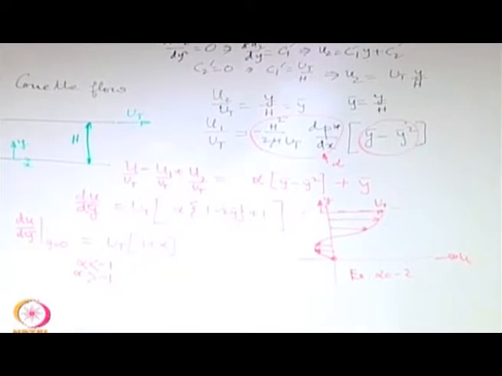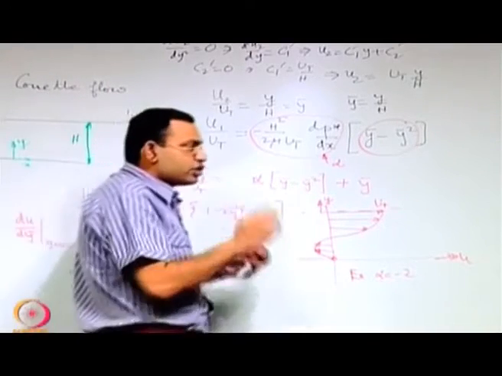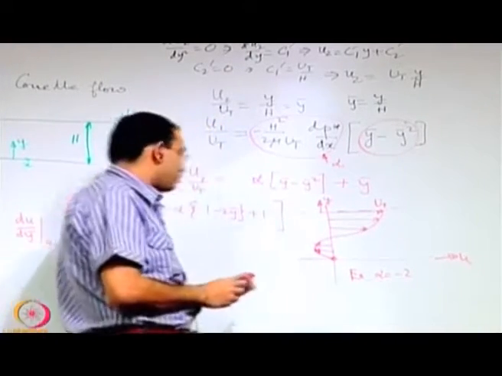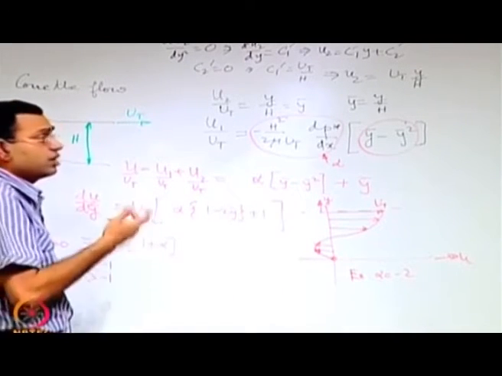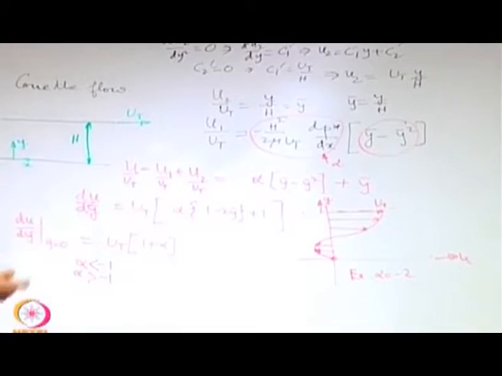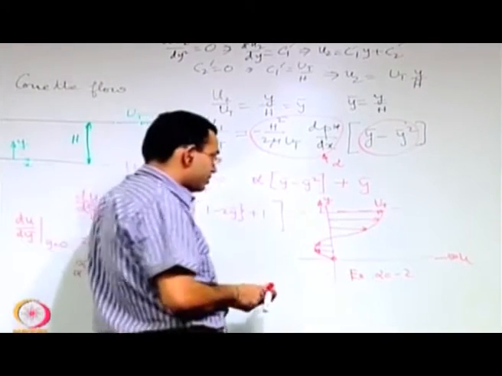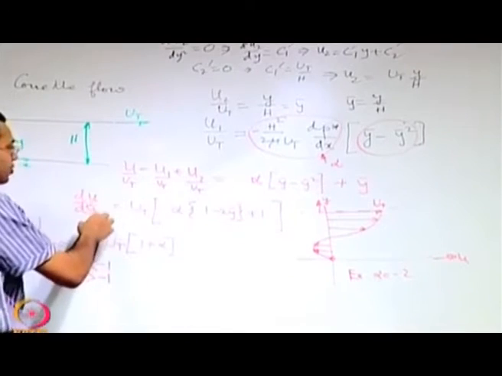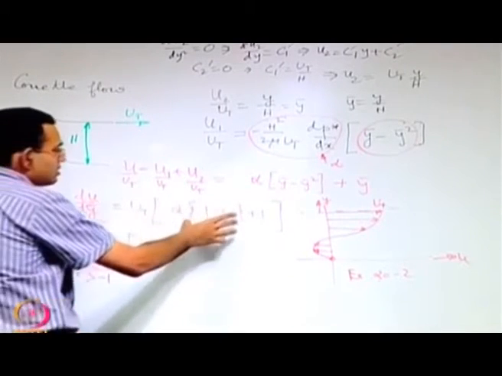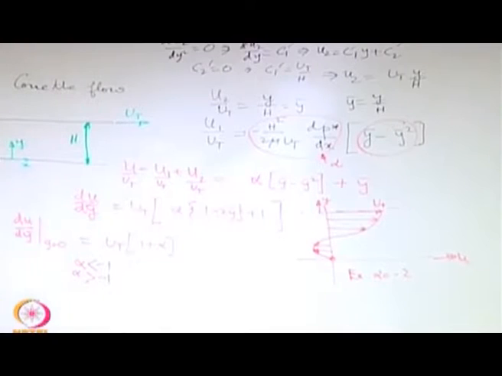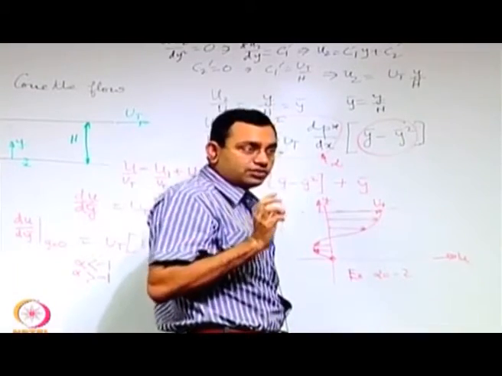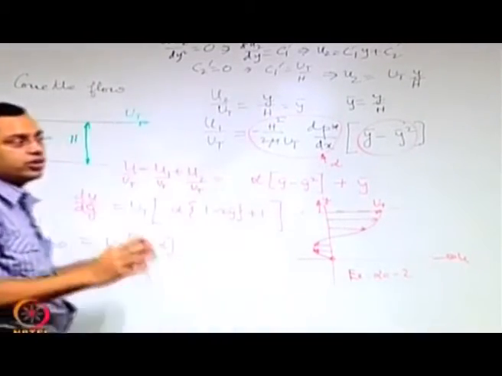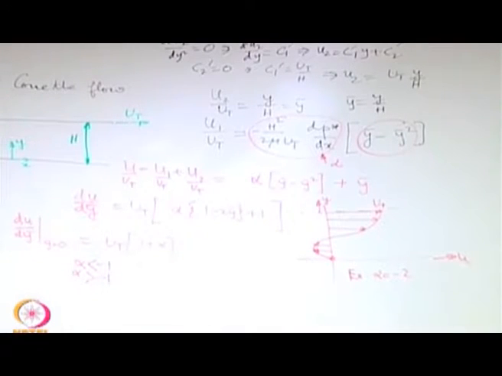The important understanding is that you may get different sorts of velocity profiles depending on the value of alpha. Say you have alpha equal to 1 as an example. Then you see that the situation is different. For alpha equal to 1, du dy is positive at y equal to 0. And when you want to sketch the velocity profile, what are the things you should look for? This you should practice at home. I am not going to do it for all possible ranges of values of alpha, but you should do that yourself.